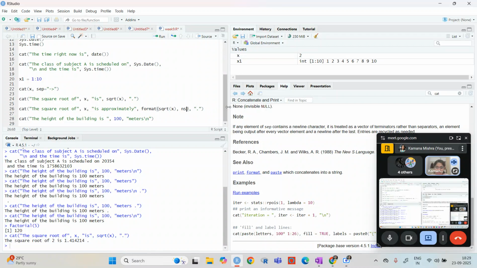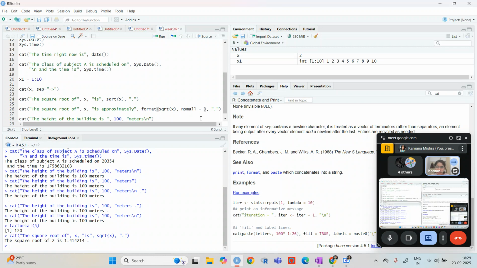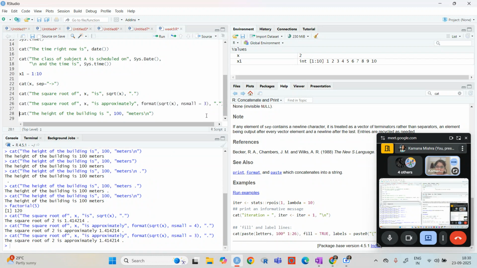So if I write n small, let's say 4. Why is it coming like this?